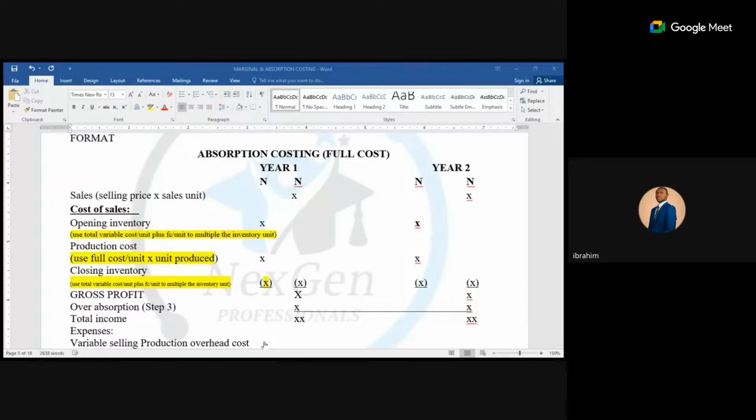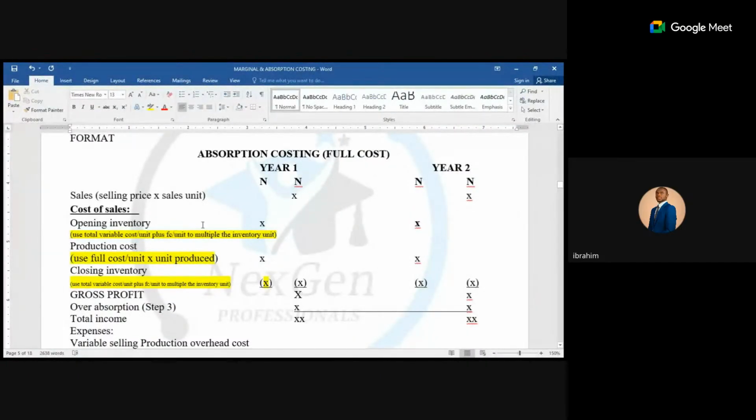It is actually allowed for tax purposes. Class, you cannot present marginal costing for tax purposes. You go to the relevant tax authority, then when you have contribution, they will ask you the question: what is contribution? Right now, absorption costing is in line with the standard, so it is actually allowed for tax. So picture absorption costing format like your normal IS1 profit or loss income statement. Now we have the cost of sales.